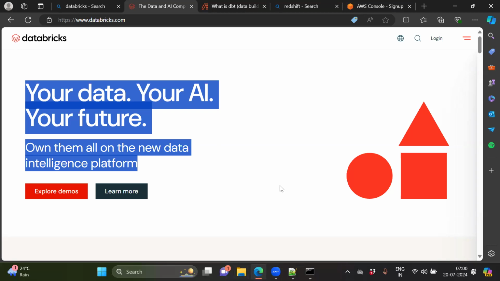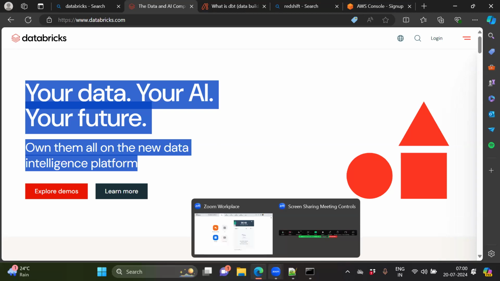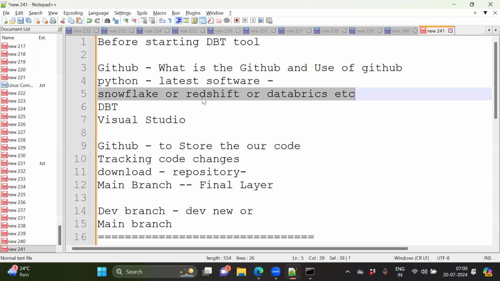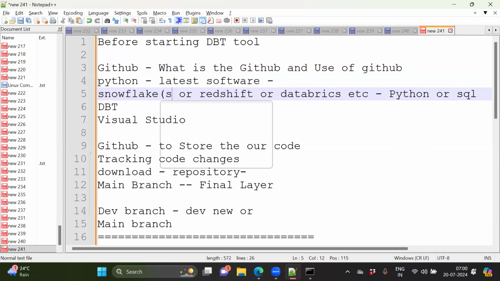Similarly, you need to choose which database you want to practice. Generally, we will be using Snowflake the most. If you are interested, instead of Snowflake you can choose Redshift, or instead of Redshift you can choose Databricks as well. If you practice Databricks, you will get some knowledge of Python as well as SQL. Both you will get. But here, only SQL